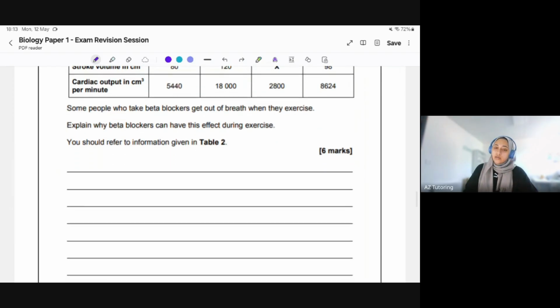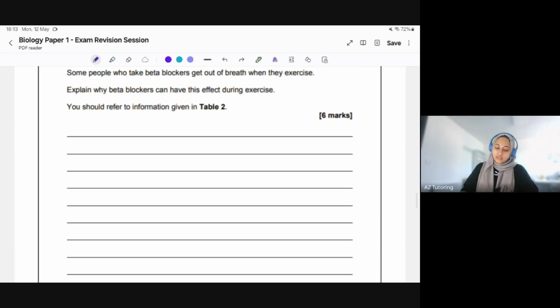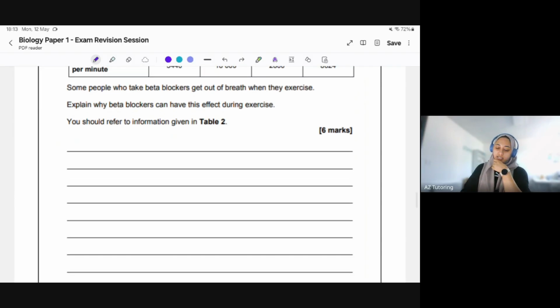Okay, let's just do this question anyway. The 6 marker is irrelevant, that X, to be honest, to this question. So explain why beta blockers can have this effect during exercise. So let's explain the effect that beta blockers are having first. I'd recommend doing them in bullet points. You can write a paragraph if you want, but bullet points just explicitly tells the examiner, this is the point